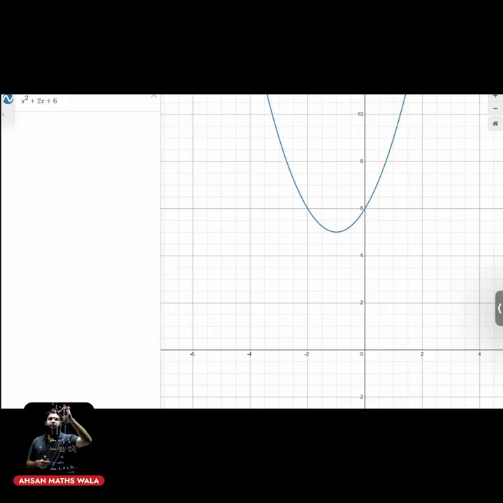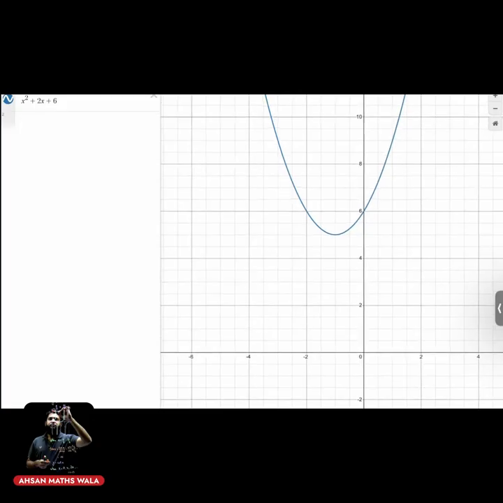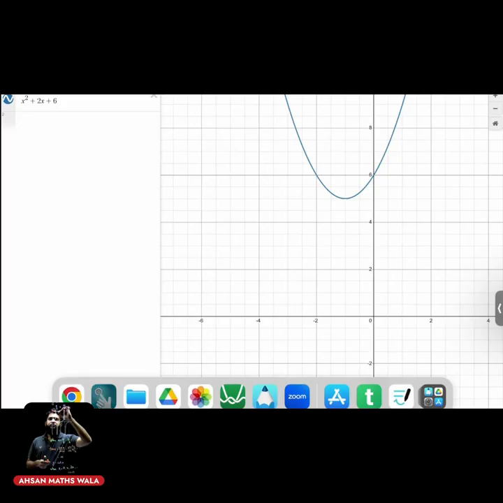So that's why we cannot use the midpoint method. Completing a square is a universal method to solve any question. Got it? जी सर। ओके, आगे चलते हैं।